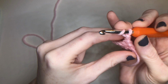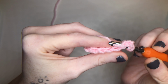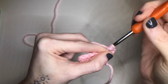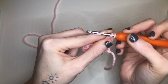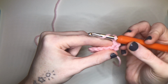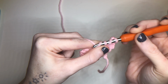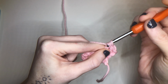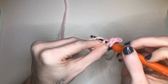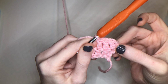So with our yarn over, we're going to find that first stitch, go through, pull through. You've got 3 loops on your hook, yarn over, pull through the first 2, yarn over, pull through the last 2, and continue double crocheting. Make sure you're counting your stitches as you go. You're going to want to end with 5 if you did a foundation chain of 5, or however long your foundation chain is. So I've got 3,